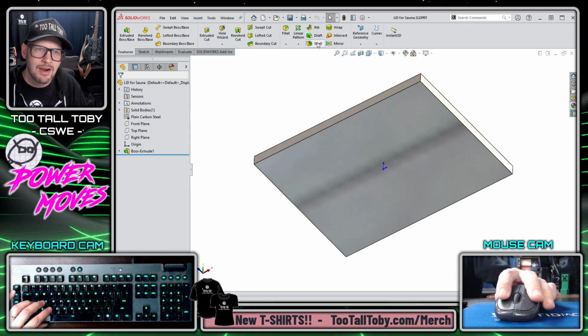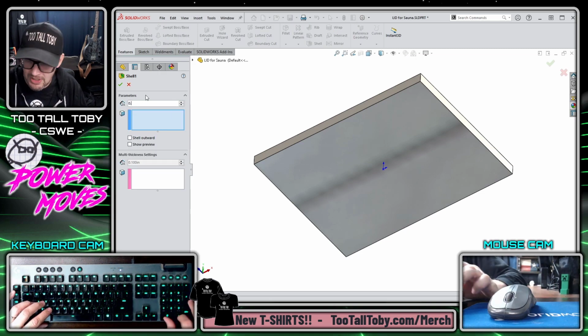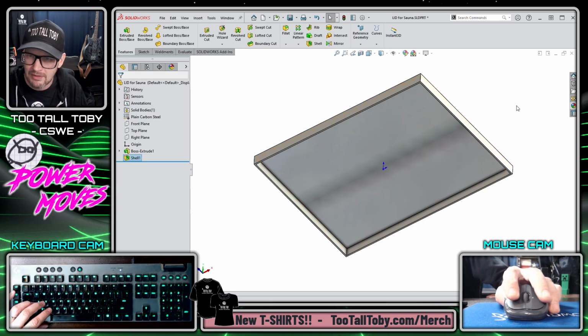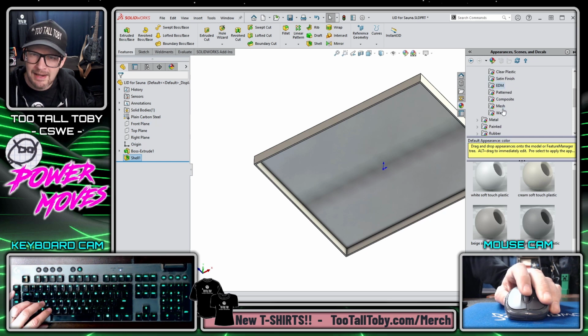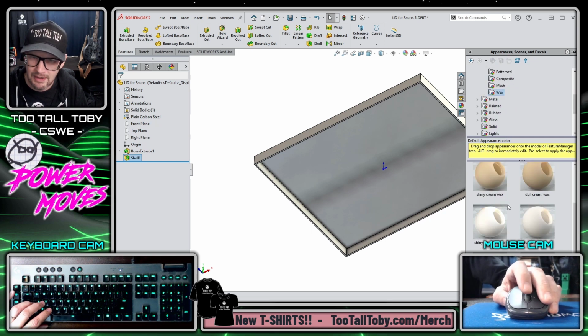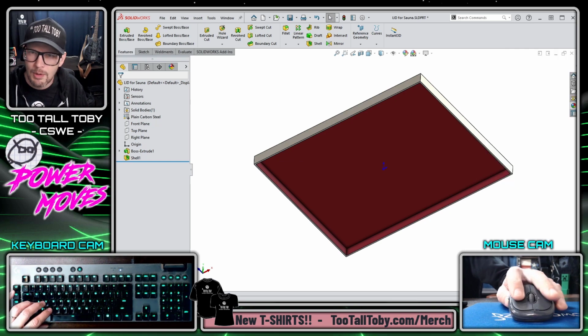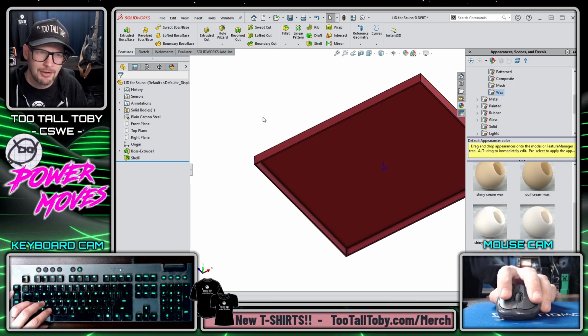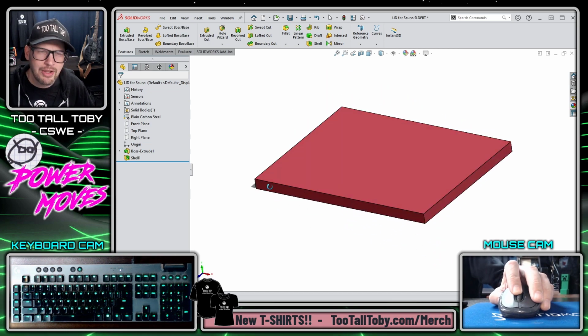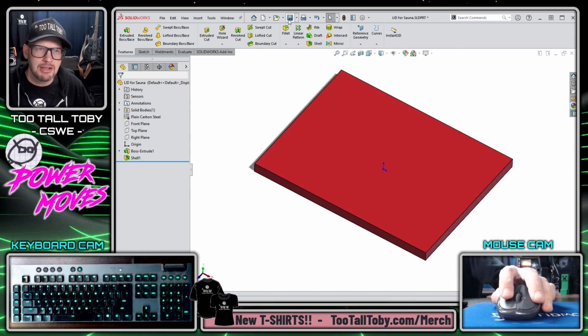I'm going to press the shell command and add a shell of 1/2 inch to the underside of this, and then I'm going to finish off by adding some color. Let me make it a little bit of a red color. I think that red color will look really good. Whoops, not for the shell, but for the entire part. There we go. Okay, I think this looks pretty good, so I'm going to save this now